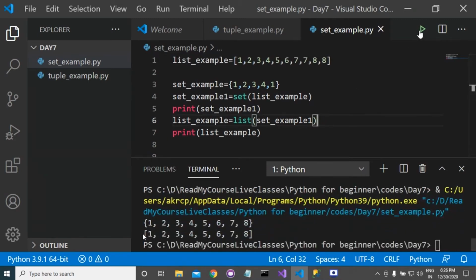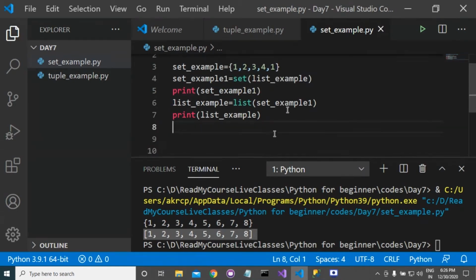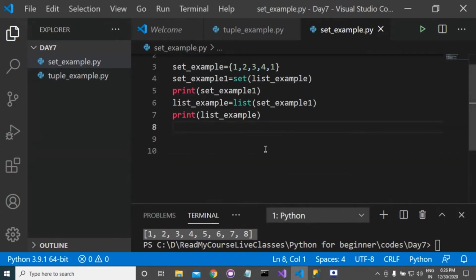Now you can see that it is printing 1 2 3 4 5 6 7 8, meaning this list is now changed into this list. So this is the importance of the set.